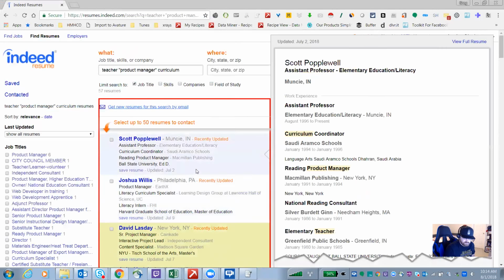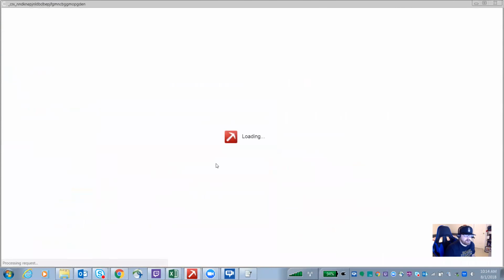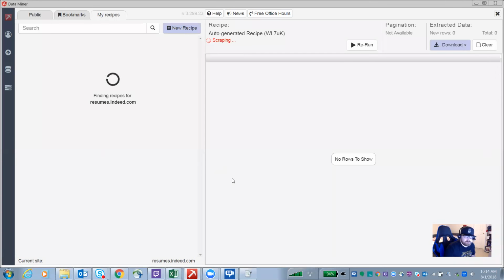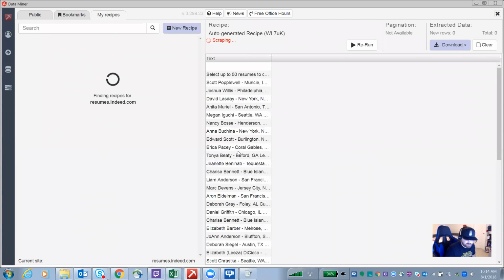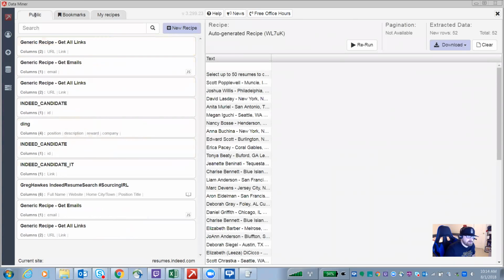Now, the other way to do this is through a tool that I talk about a lot, Dataminer. And one of the reasons you might be seeing the full names for these people on Indeed is because we've got a featured employer here at HMH. So we have some additional functionality. A lot of times they'll mask the names. But it depends on your organization. You've got to pay for certain tools and then pull those in with the free ones and see what you can find. Now, with Indeed,